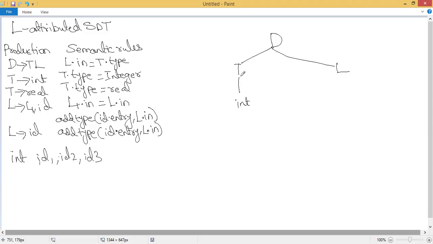Now, what is the next thing? So now we got the integer. Okay. So we have to get these identifiers, identifier 1, identifier 2, identifier 3. So 3 identifiers have to be evaluated. So which production rule is applicable, that we have to see. So you can see here L tends to L, comma, ID. So expand this. L tends to L comma